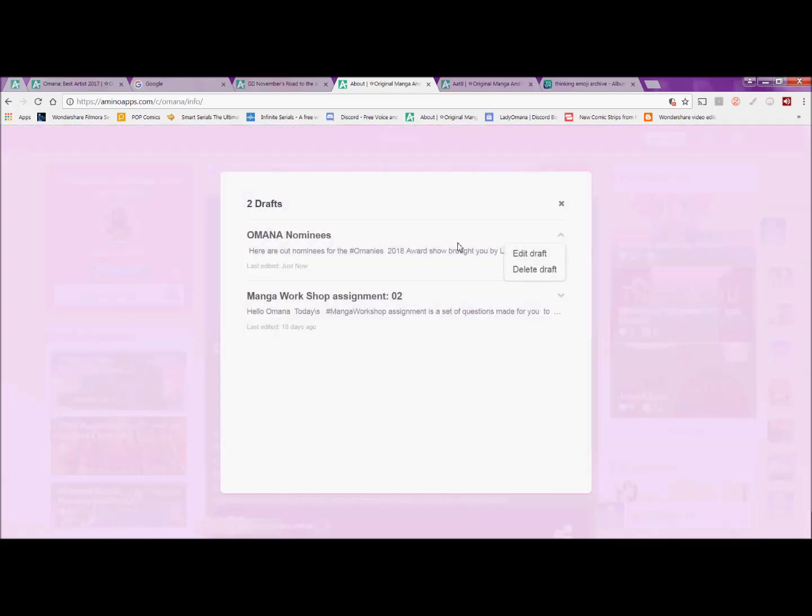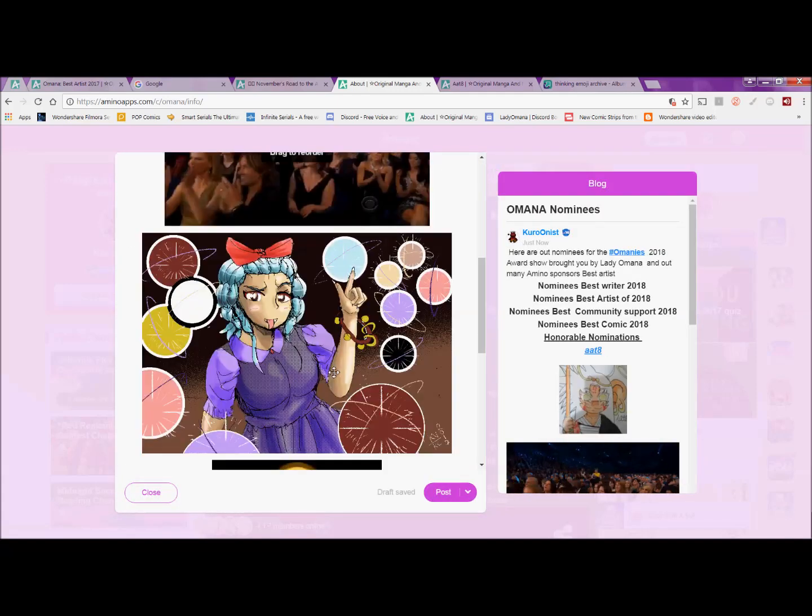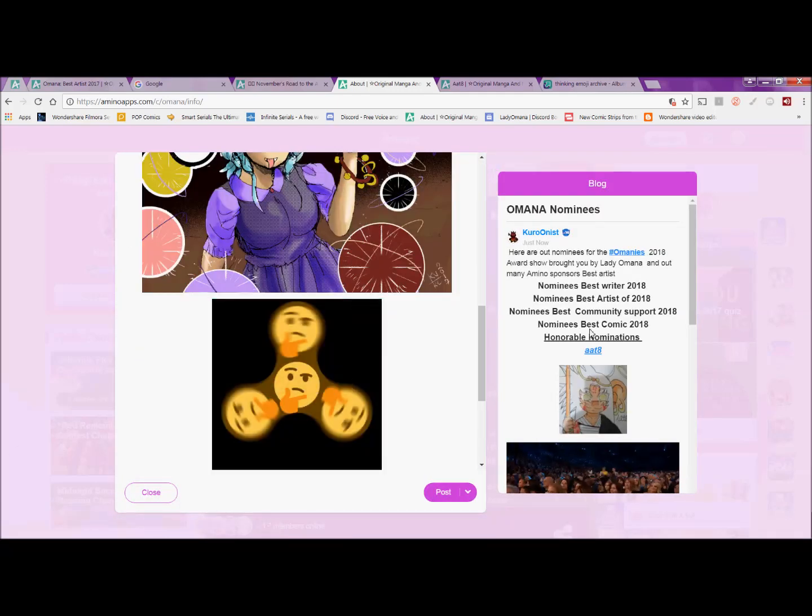We can edit or delete the draft. You can see it was just edited just a while ago. This was 18 days ago. Open up again, and everything is still here. I think it is a good